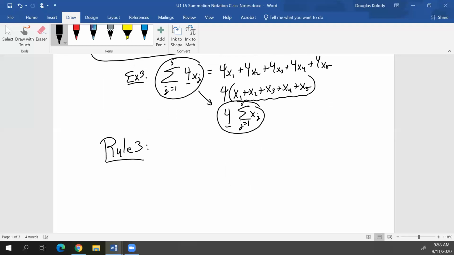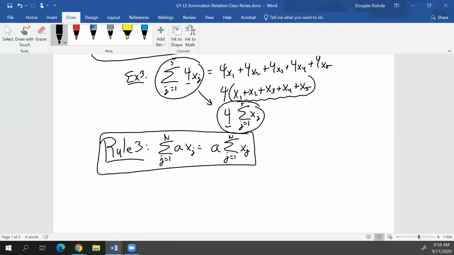Rule number 3 is that if you take the sum, let's say j goes from 1 to n, of a constant, let's say a, times x sub j, the rule is that that constant can go outside or before the sum. And then you're just left with this sum right here after. I'm not going to expand it out because we did that in rule number 1. Boom. 3 rules down, 2 to go. Okay, I'll do 2 more examples and then I'll go through